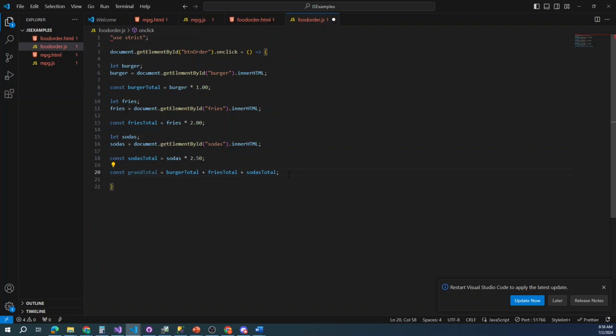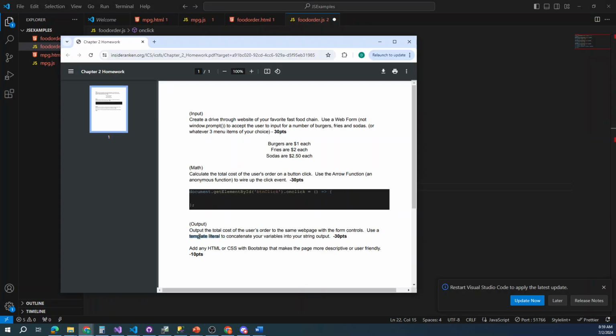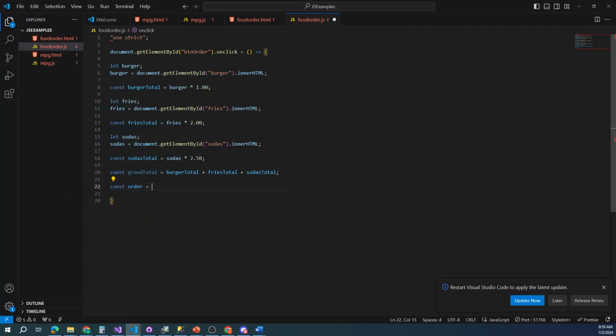So we have a grand total, and then we're going to do a constant order equals, and then we're going to use the template literal here to get what we want. Like we say in C#, the string interpolation in C#. So we're going to use that little tick mark under the escape key to the left of your number 1. Put that there, and we'll say your total is,